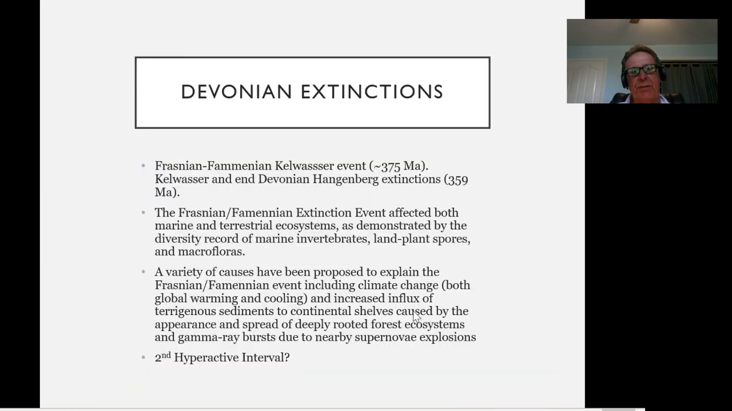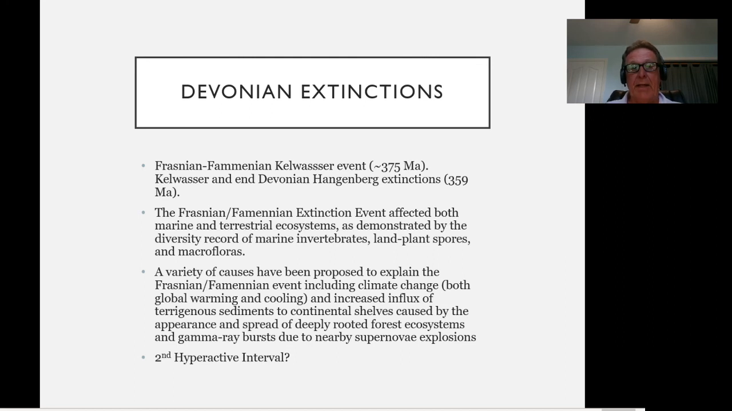The extinctions, there are two. I mentioned this, two or one protracted extinction. The first is the Frasnian-Famennian, the Kellwasser event. Kellwasser is the location in Germany where this is well documented, about 375 million years ago. And then the End-Devonian Hangenberg extinction, about 359 million years ago. It's about 16 to 20 million years between these two, or a protracted extinction over 20 million years in the late